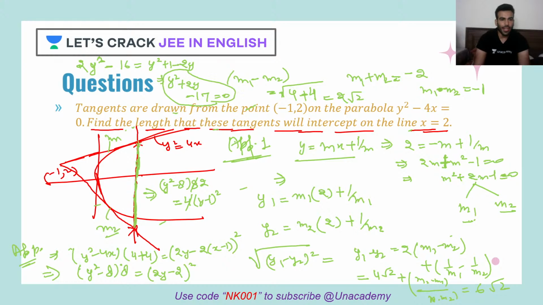Now in this quadratic equation, we have to calculate y1 minus y2, correct? So how can we do that? We know y1 plus y2 is what? Y1 plus y2 is minus b by a, so minus 2. What is y1 into y2? That is your 17. Clear? So if I want to calculate, wait a minute, y square plus of 2y minus 17. So sorry guys, this is minus 17, my bad, minus c by a.